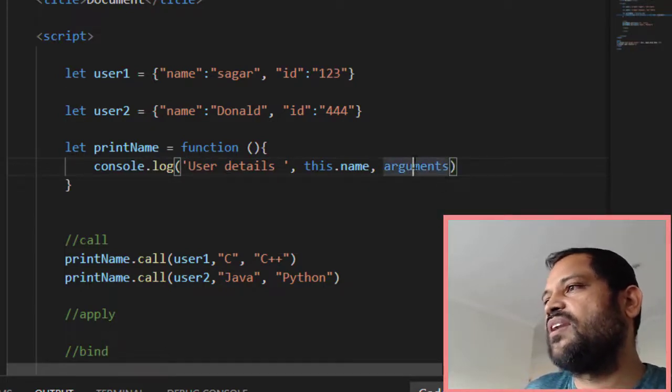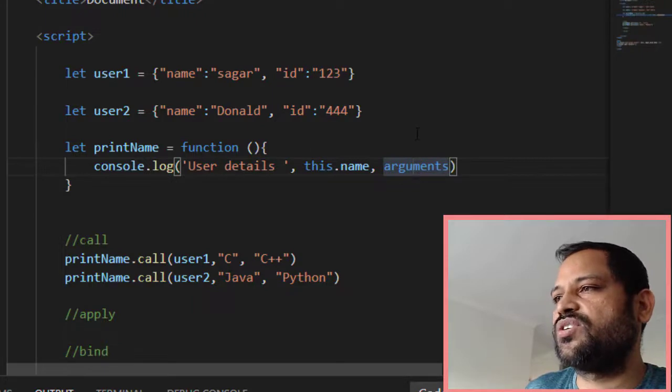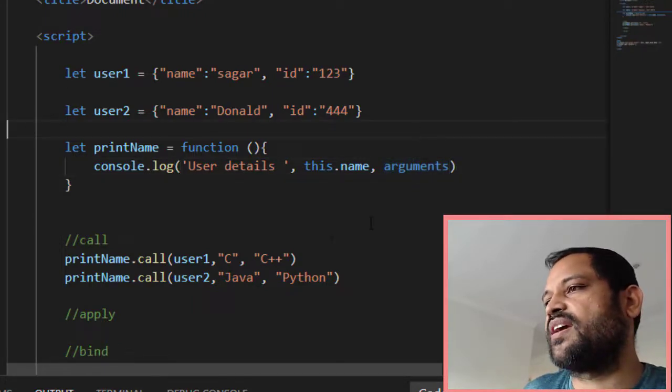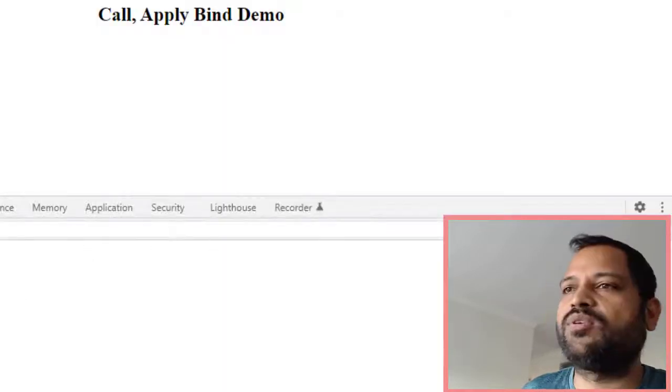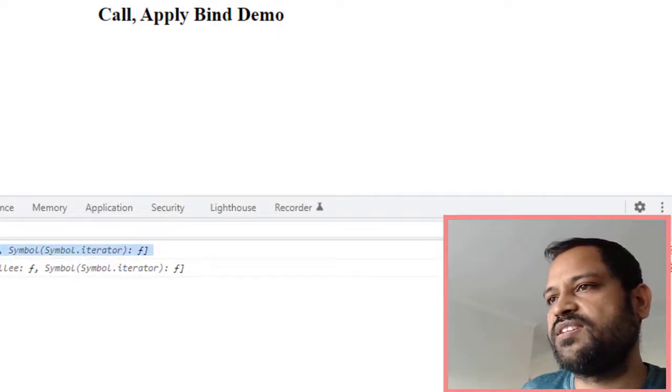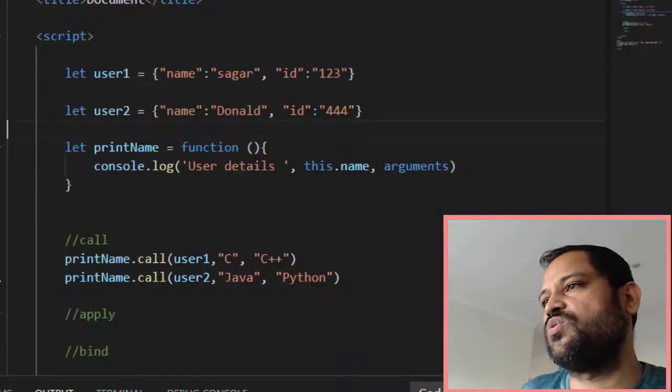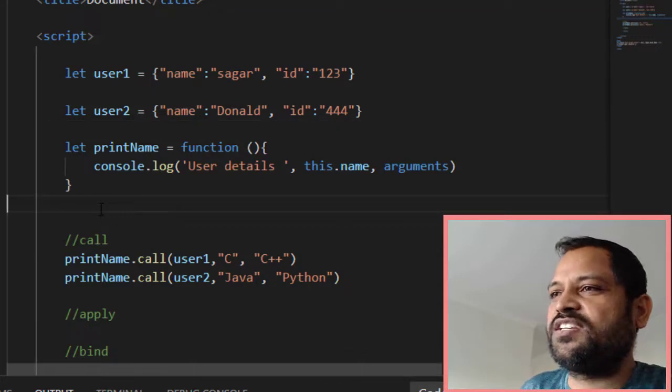So arguments is the inbuilt object that is available in each function, and with the help of that you can access the arguments. So if you go here, it will print the arguments as well, C++, Java, Python for the other user. So that's it. That's how you can use this